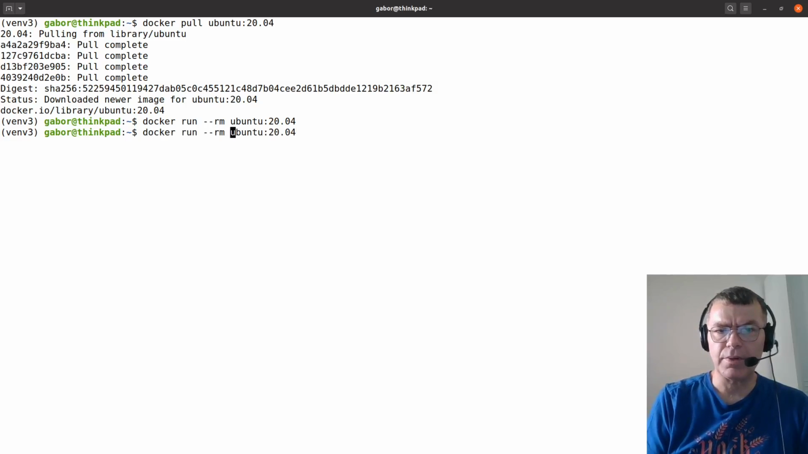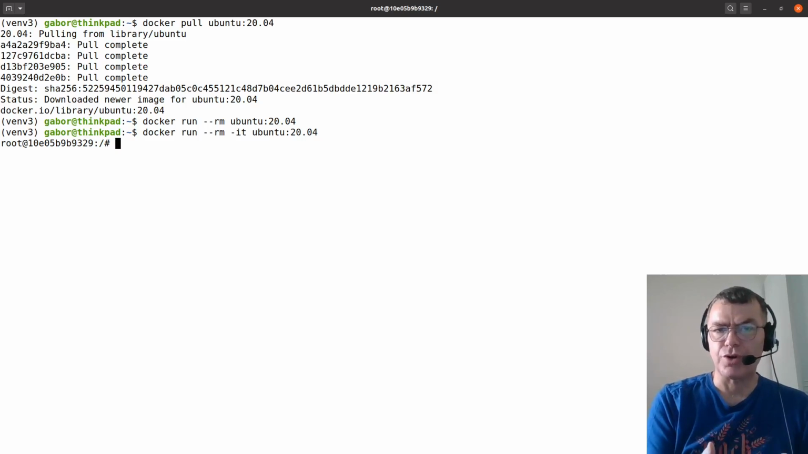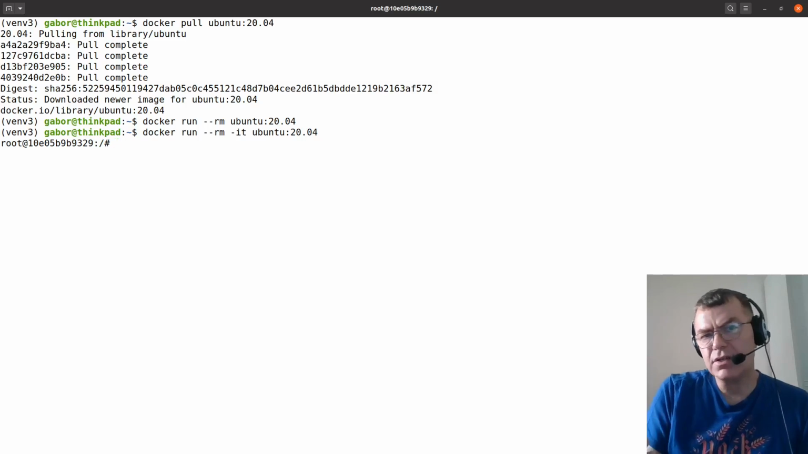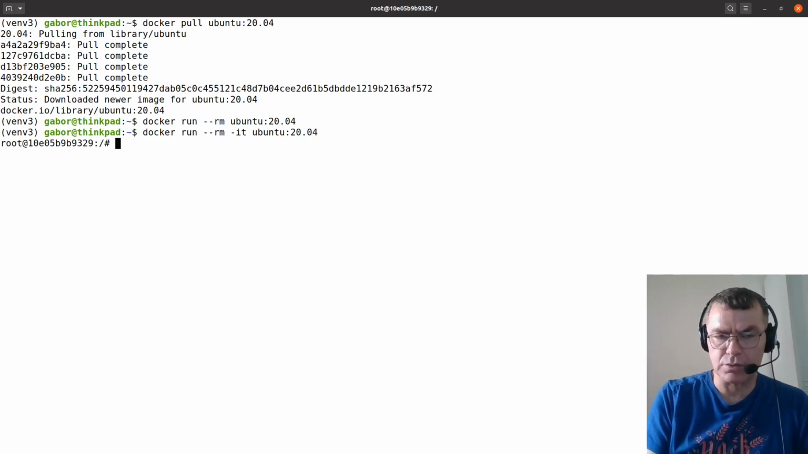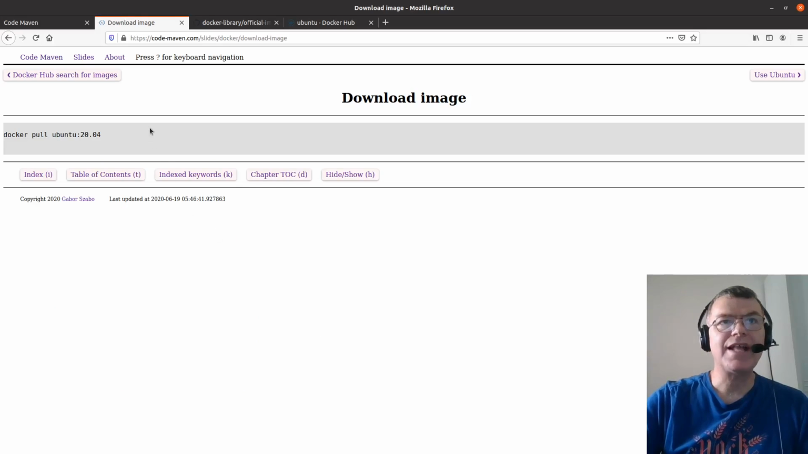We probably want to give it -it, so it's going to be interactive. And then yes, now we started to run the container, and we entered the container. So now we are inside, and here you can give whatever commands you'd like. So for example, you can just type in ls -l, and now you can see the file system of the container. If you go back to the slide for a second,